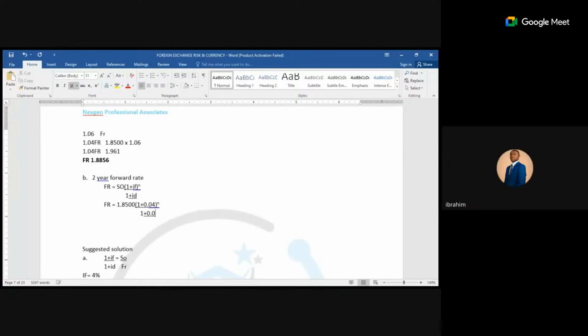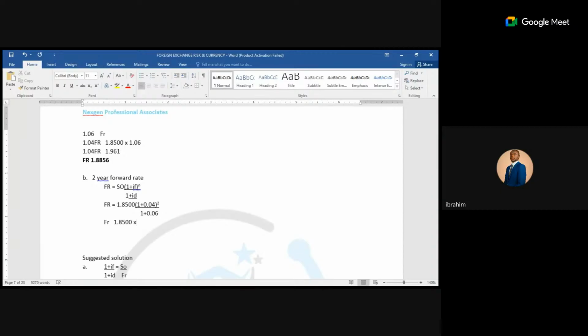Okay. 0.06, right? This will be raised to the power of 2. We have 2, right? Now, what we need to do first, let's pick it one after the other. Divide 1.04 by 1.06. Maybe please that raised to power 2. Is it for the whole of the both denomination? That is why I said, do it this way: